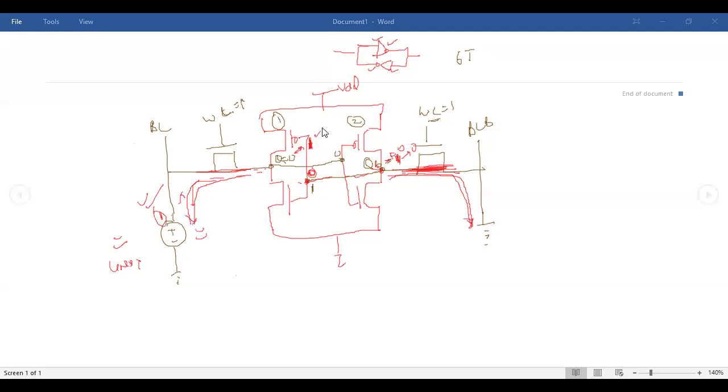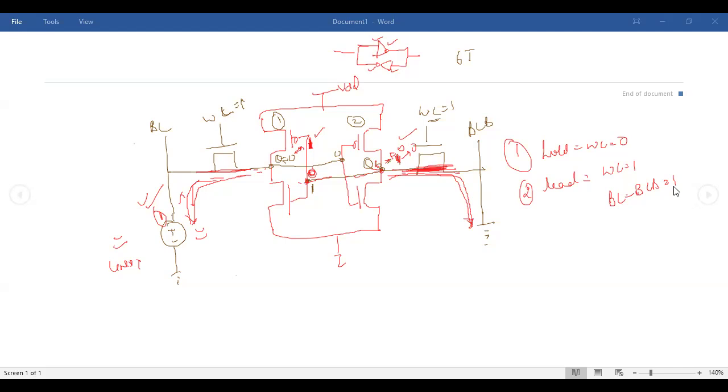So this becomes 1, this becomes 0. That is how the memory write operation works. So there are three operations. One is the hold operation. In hold operation, your WL is equal to 0. One is the read operation in which your WL is equal to 1, but BL and BL bar are also equal to 1. Then your third operation is the write operation in which the value of BL and BLB will